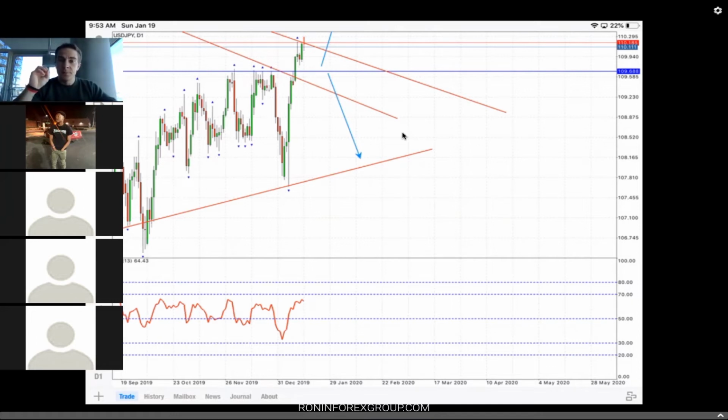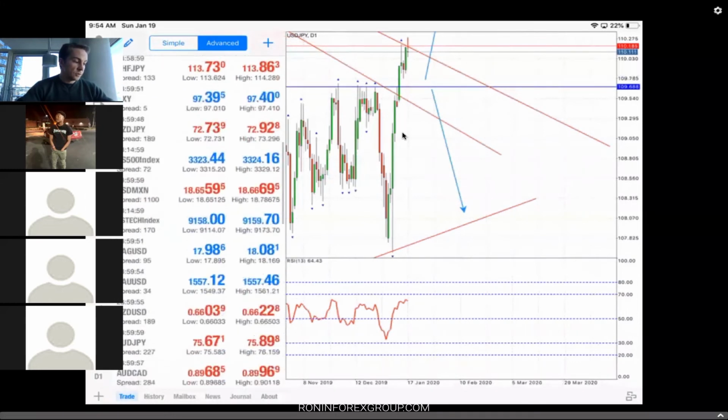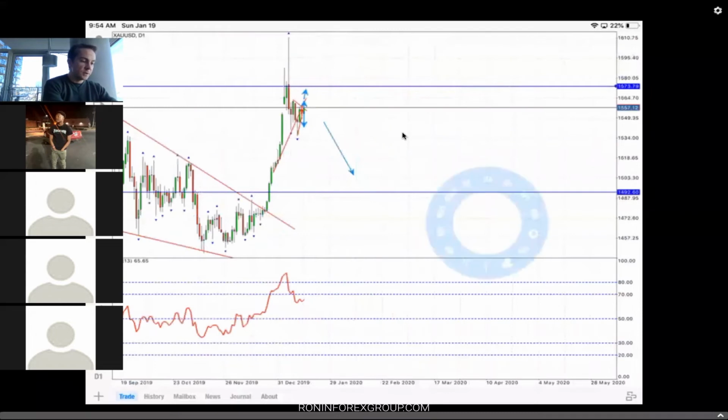If we get a breakout above 110.20, then that's going to be even stronger for the dollar. The other side of this, if the opposite of these things happen, then you can really expect the dollar to break down. And so when I'm looking at all these dollar pairs this week, that's what I see more than anything. So if we're looking at dollar yen, next we want to look at gold, because those two are so strongly correlated. And gold's really trying to make this recovery here